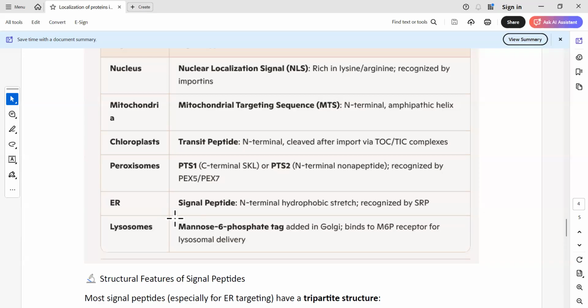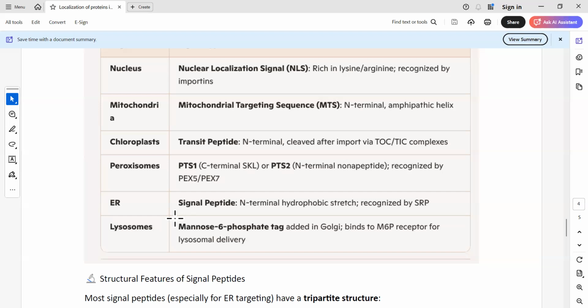This has also been seen in lysosomal proteins, but there are different patches, not like the N-terminal signal peptide. There are different patches, and when the protein folds in the Golgi, a three-dimensional structure is formed by these patches, which itself is a signal for localization to the lysosome. It happens in case of lysosomal enzymes.